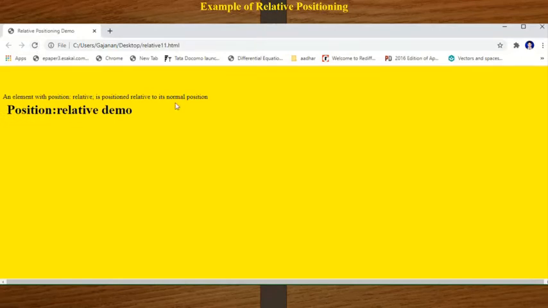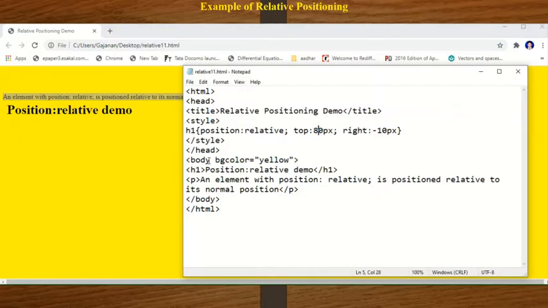That means the other elements, this text, is not changed, it is fixed. Okay, so we can say that other contents will not be adjusted to fit into any gap left by the element. Okay, means other elements will not be affected here, only the relative positioned elements are affected. Clear?